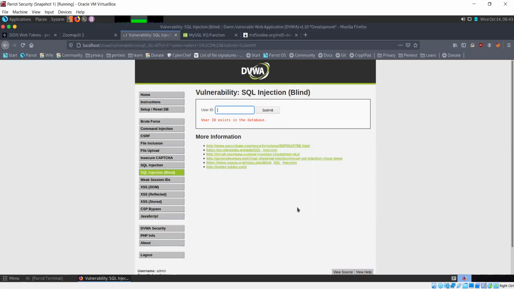Now, in the previous kind of SQL injection, we found the database version by asking for the version variable by double at the rate version. But that will not be possible here because we are not directly getting the answer. So regardless of what the version is, it is not going to tell us the direct answer anyway. So we'll have to use something else. Let's see what that something else is.